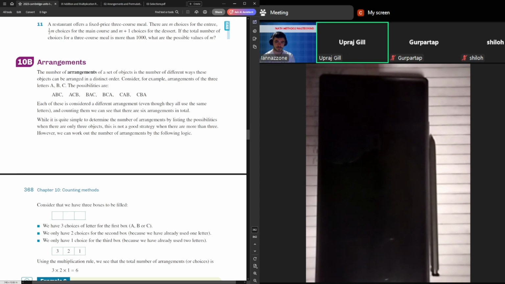Chris, I didn't get the answer, but do we set up an inequality? We will set up an inequality, yeah, for sure. And do we do that by multiplying all the probabilities together and then more than 1,000? Yeah, exactly right. You go choice by choice, kind of like how we're doing entree, main, and dessert before,